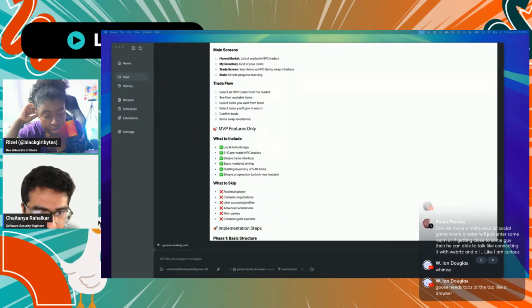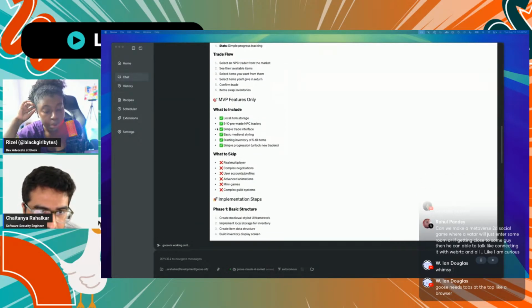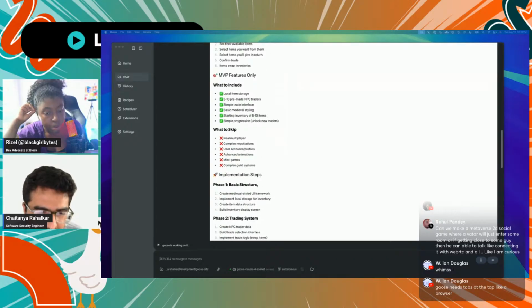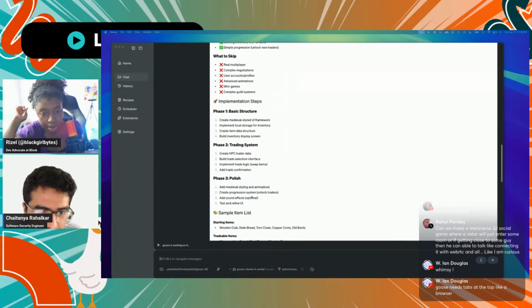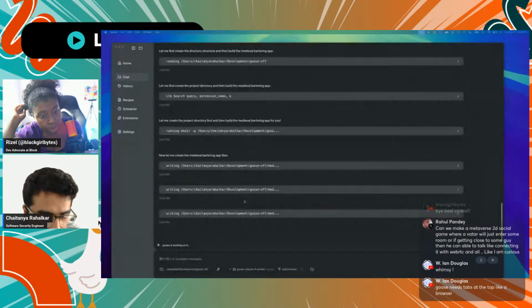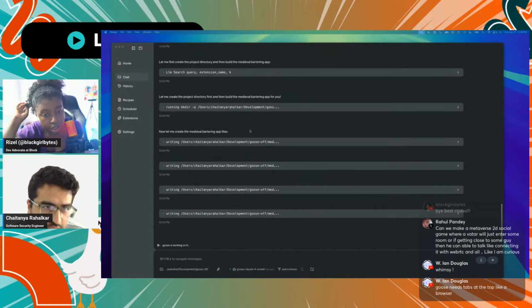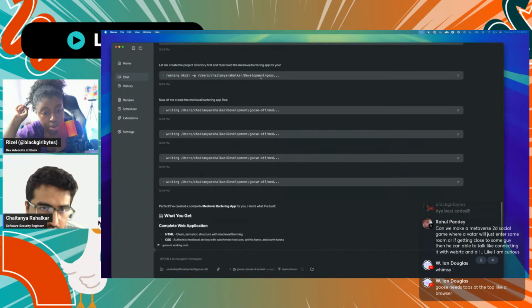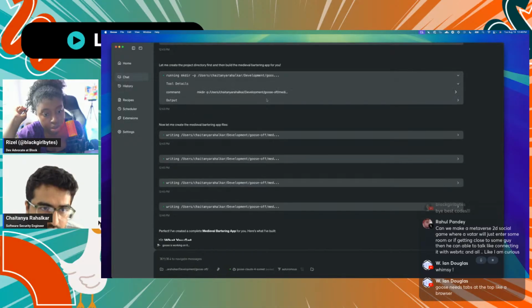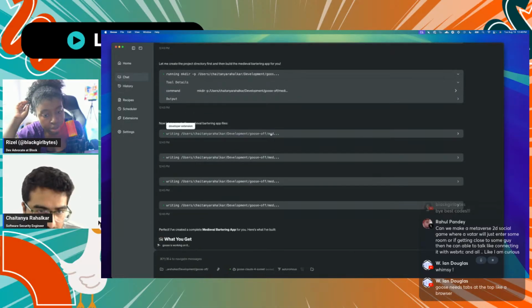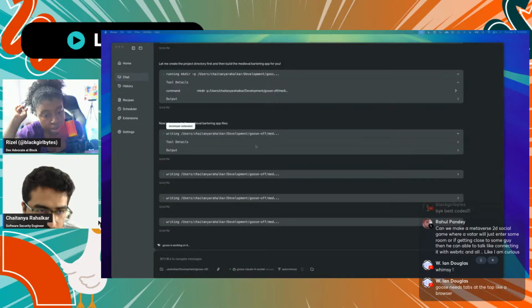It's going to be an MVP app, and we're going to have some of these features, and there are some implementation steps. So it's working on it. It actually ended up creating a new folder for us, and I think it's making a full-fledged app, while the previous two were just single files. Okay, I think we made it.